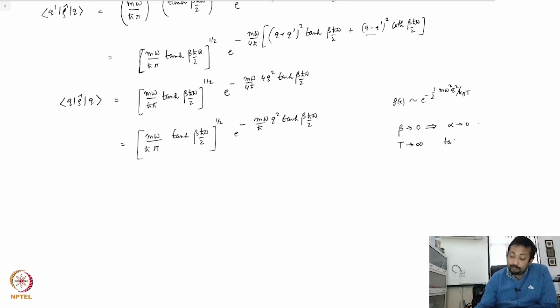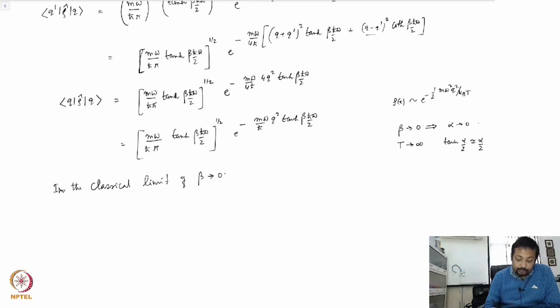So tan hyperbolic alpha is approximately alpha, and therefore tan hyperbolic alpha by 2 is also approximately alpha by 2, so that in the classical limit of beta going to 0,